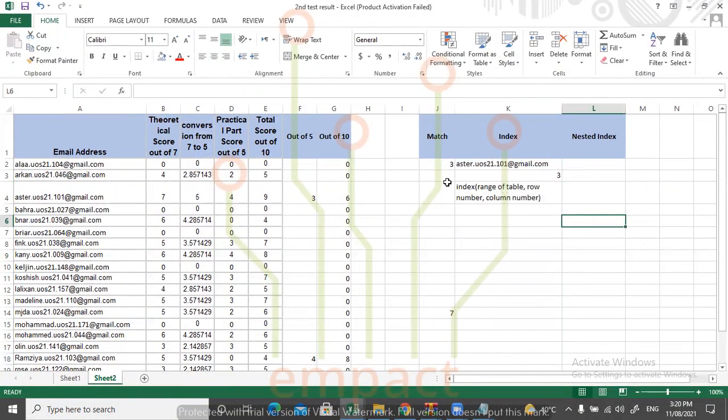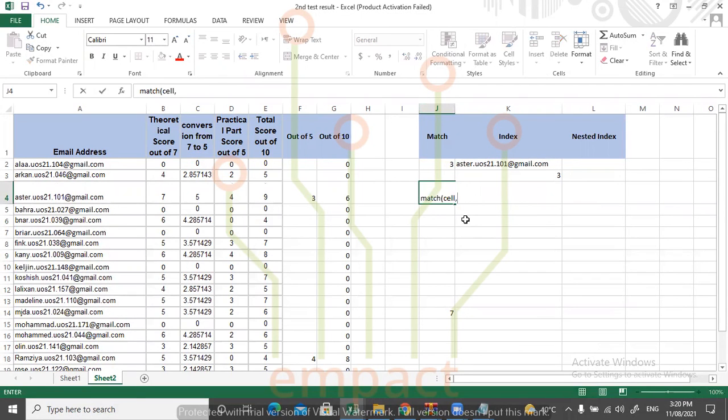Okay. And for the match, we had, let me write this as well. We had one specific cell. And then we had